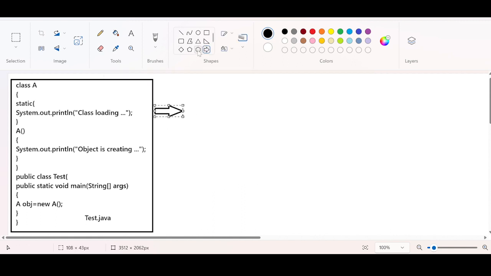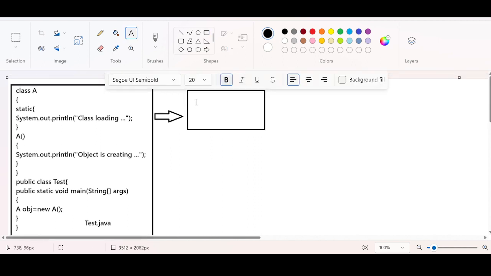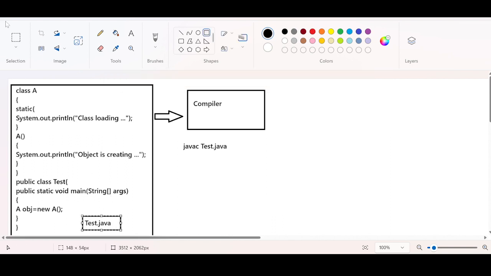Okay, after this we need to do the compilation. The compiler will come into the picture. Yes or no? This is the compiler. The moment you give this command, javac test.java, here I am not creating any package, that's why I am giving the command directly like javac test.java. The test.java file will be loaded inside the compiler, and the compiler